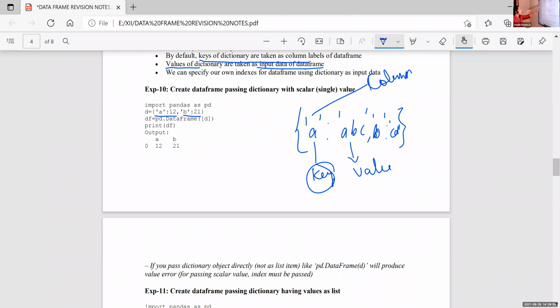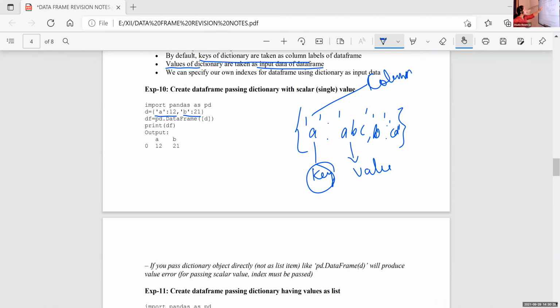Here A is the first key, B is the second key, and 12 and 21 are the data values. The first pair is A: 12, the second pair is B: 21. Both A and B are keys. And using this dictionary, I'm creating a data frame.